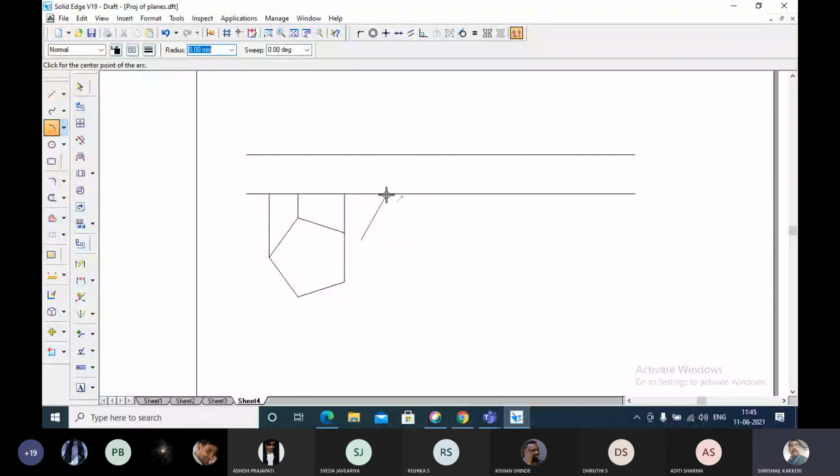Arc from end of this one, 38.47. Enter, and you will get, you draw the arc onto this. Okay, I have removed one side and write a line from end of this one to end of this one. Okay, I have written the line.